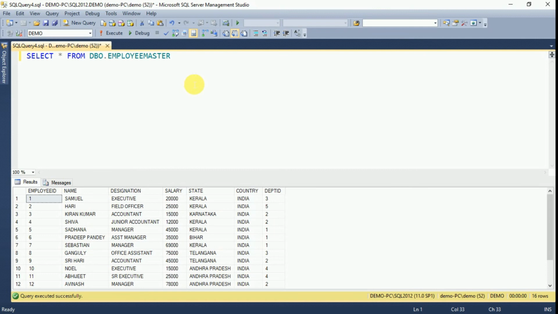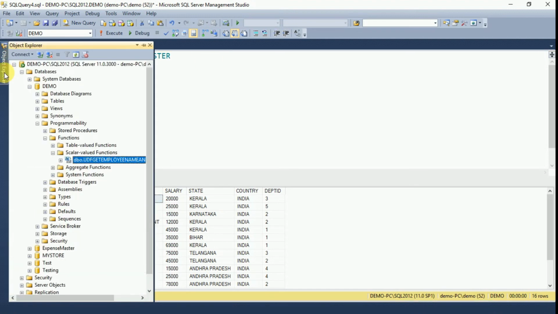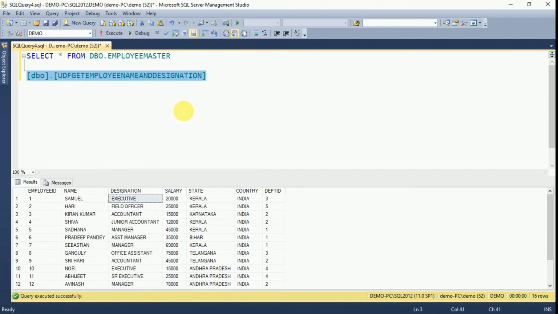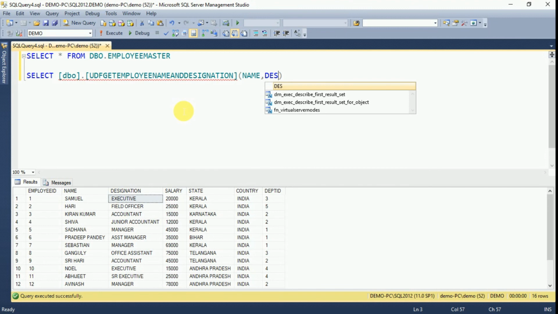We have one employee master table where I am going to pass input parameters as name and designation. I want to get the output as name hyphen designation. For that we have to execute our function. So this is our function name; you can drag and drop it here. We have to use a select query for this, we provide our function name, and then we pass our input parameters here, one is name and the other is designation.